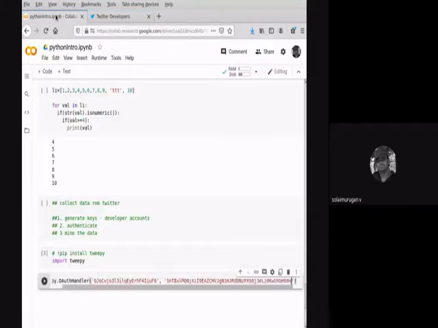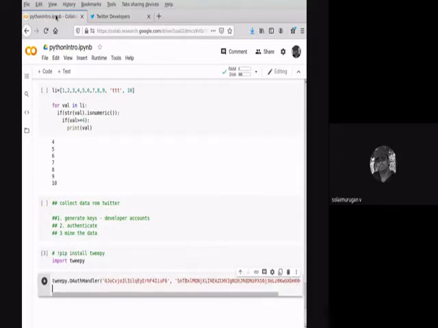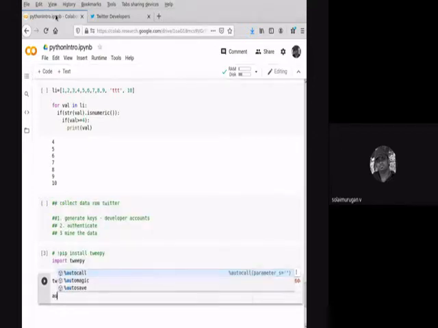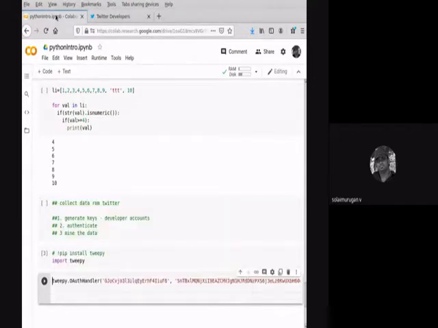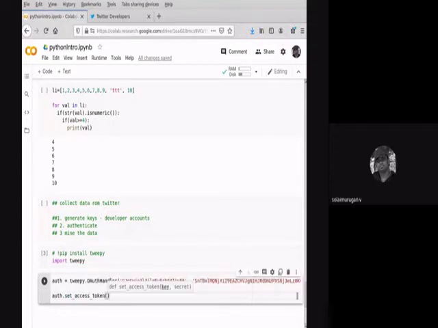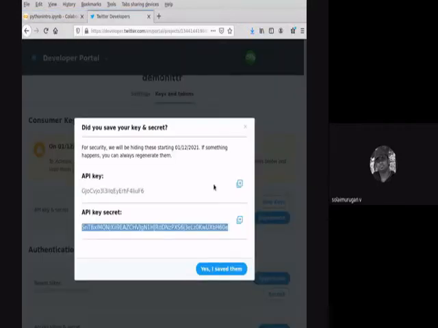I just created a key. Earlier they took some time to approve the key. Now I will check that it authenticates. Then you take auth dot set access token. So the next two keys have to be passed here.